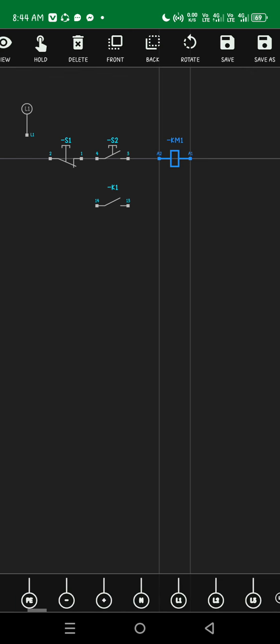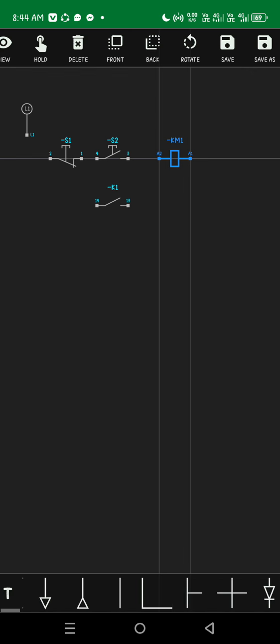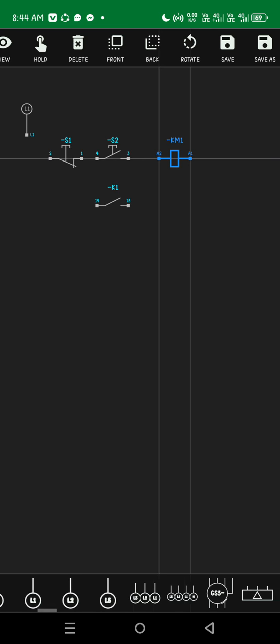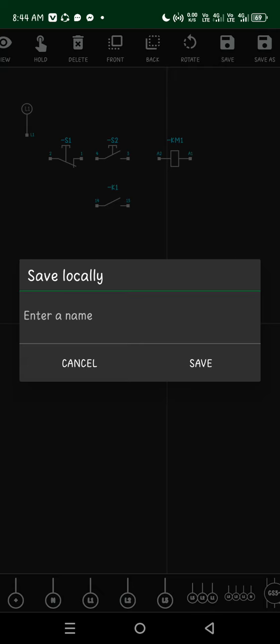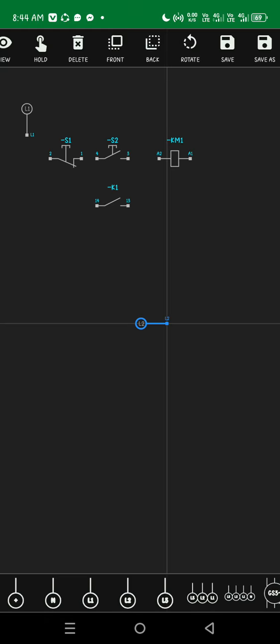Then you have to put the line 2. You need to rotate this one.